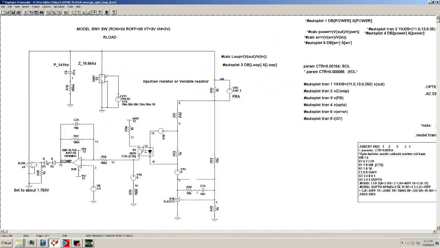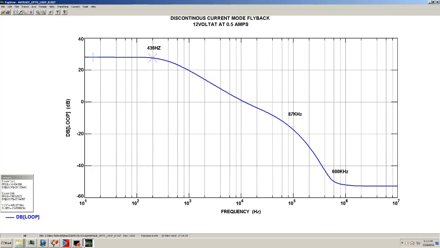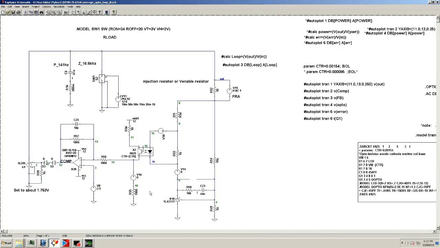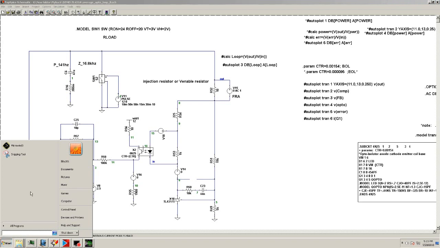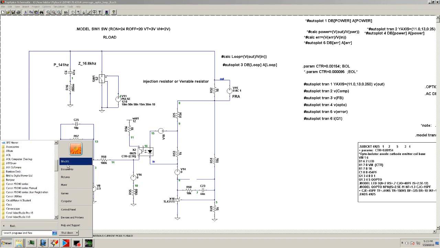Okay, so now what we're gonna do is we're gonna go ahead and cancel this pole, and since we already know the frequency of when it appears,